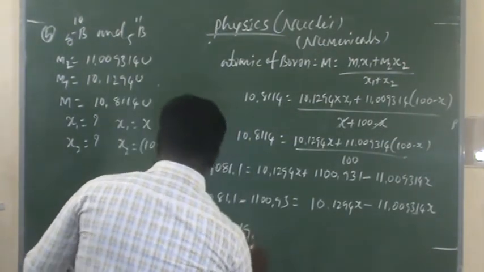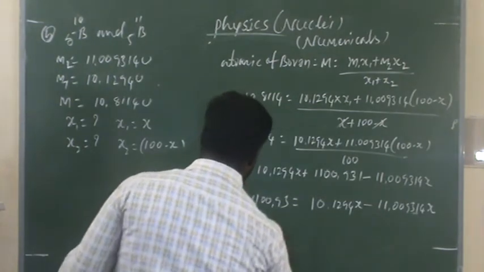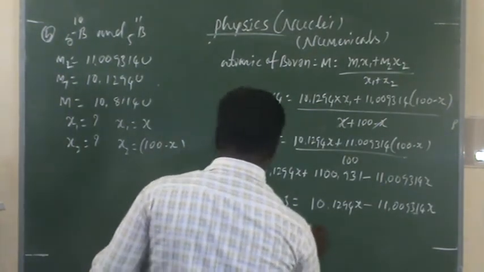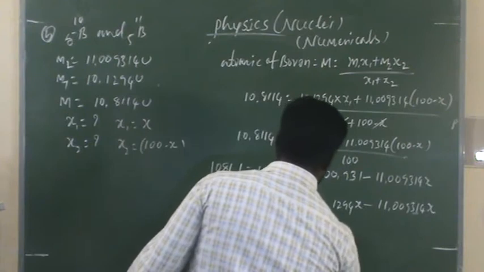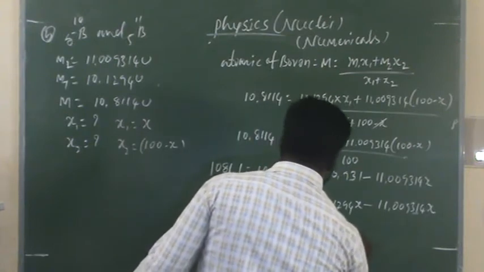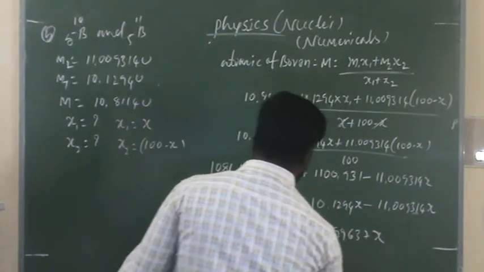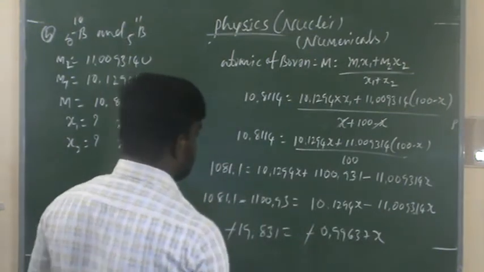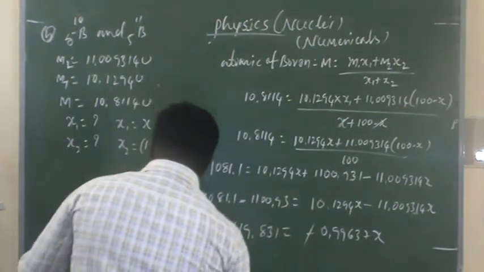Minus 19.831 is equal to minus 0.99637x. The minus minus get cancelled, so x is equal to